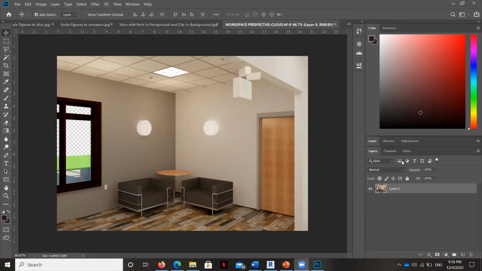So I'm going to begin here just by creating a view out the window. Now, you have already seen in a previous video how this rendering was exported to the render gallery with a clear background. That's what this little checkerboard is back here. This indicates that there's nothing back here.